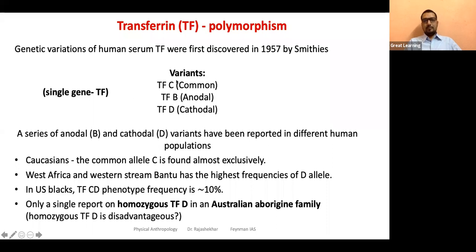Okay, so this is giving us an idea about the variation that you can see based on transferrin with respect to different populations. Correct? Anything else, no. This is the polymorphism part: what is the polymorphic nature of transferrin, and any population-wide variation that we are able to see here. And next we'll talk about